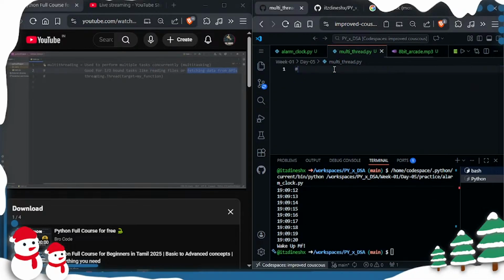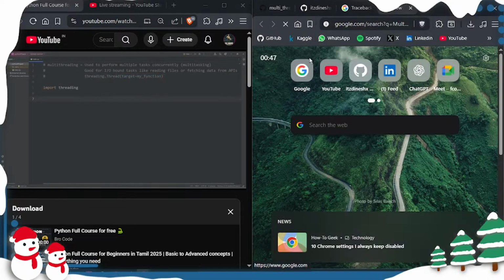To use multithreading, we'll import the threading module. Import threading. We access the threading module, then call the thread constructor, and pass in a target function. What we'll do for this demonstration